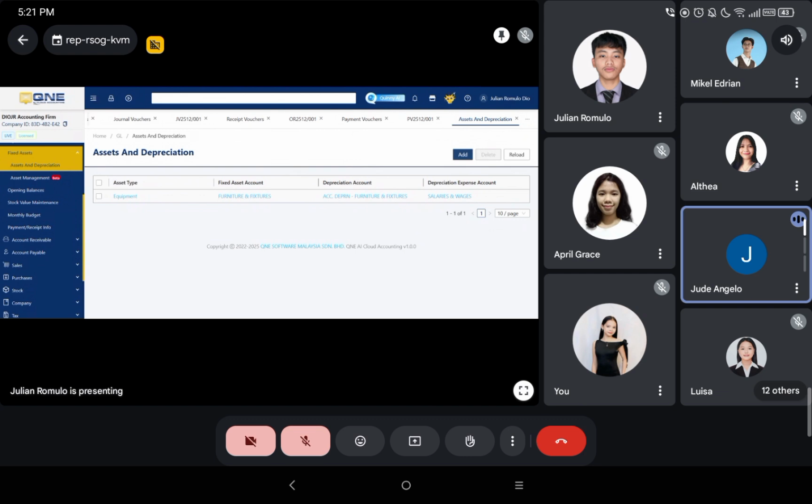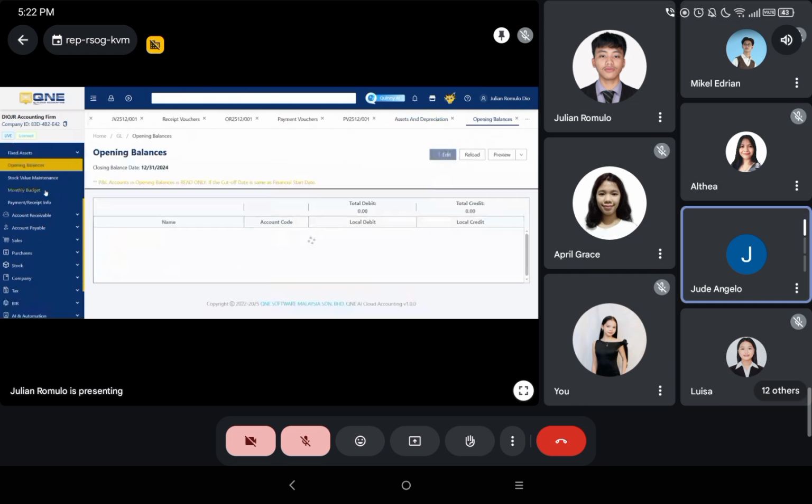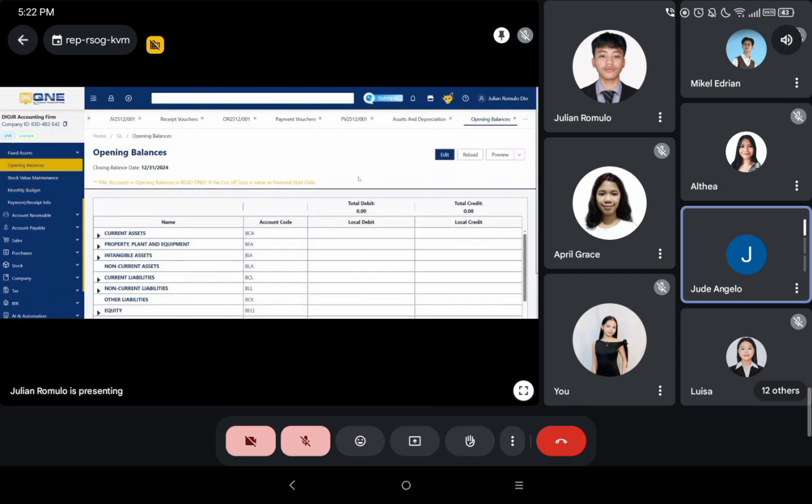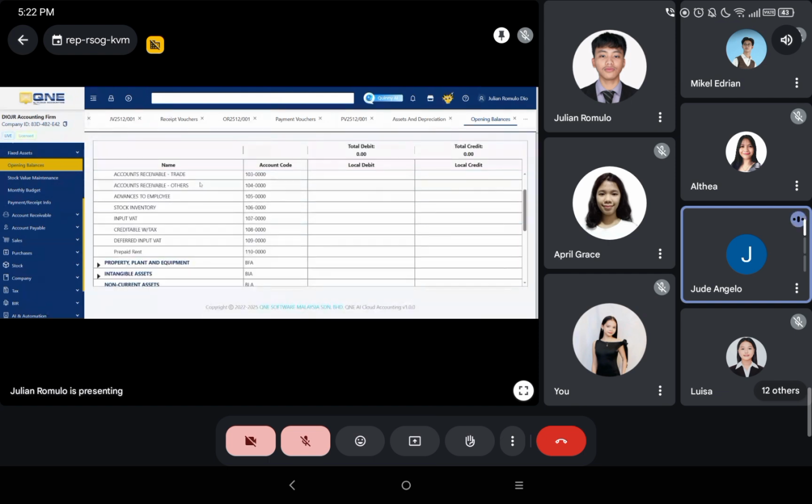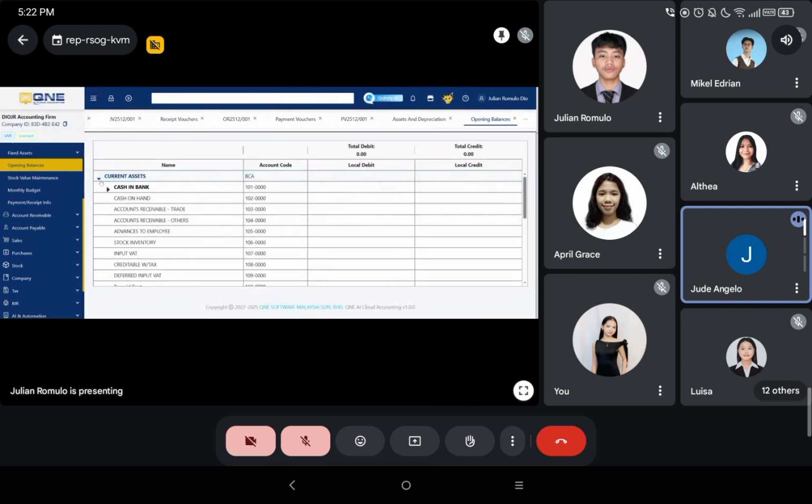So next, in setting up the accounting software, navigate to the general ledger menu and select opening balances. This action directs you to a listing of all assets, liabilities, and equity accounts that belong to the business. To input the monetary amounts for the opening balances, you must click on the arrow next to each major account category, like current assets or liabilities. Clicking the arrow expands the category to show the specific sub-accounts underneath it.